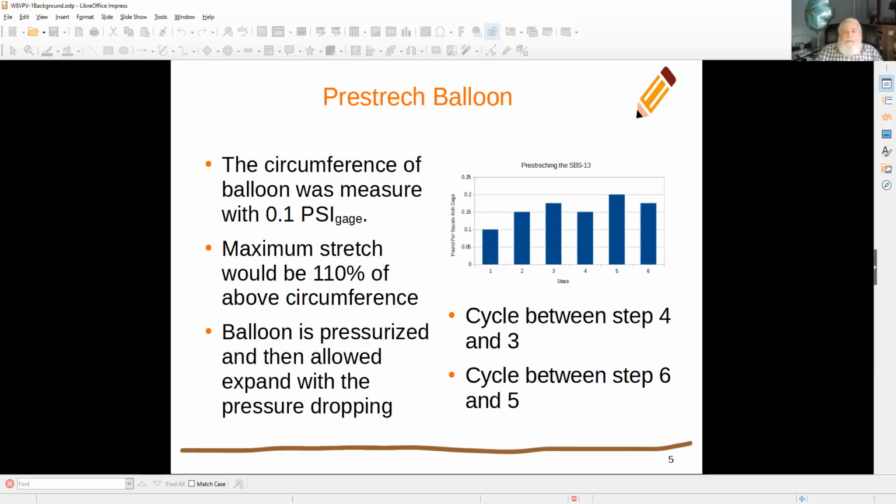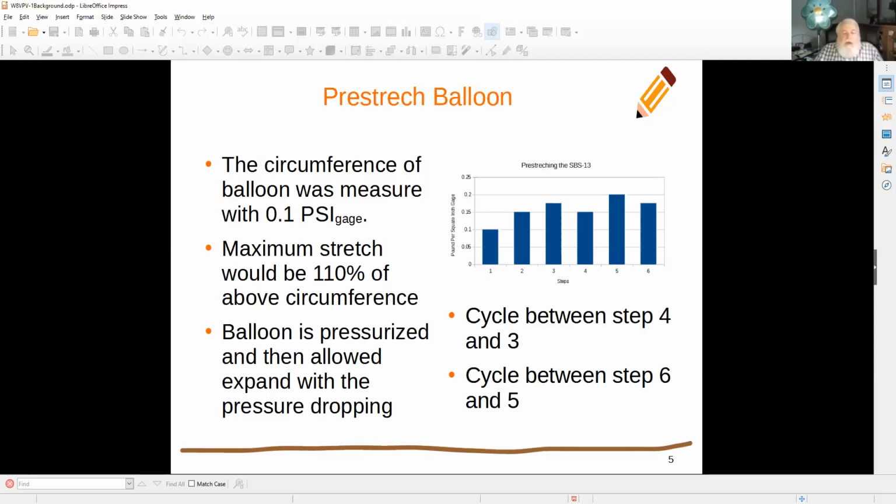So we needed to pre-stretch the balloon, because with the pre-stretched balloon that we did a few years ago, we attributed part of our success to the fact that the balloon was pre-stretched. The guys at Scientific Balloon Solutions were nice enough to give us a procedure, and essentially what they told us